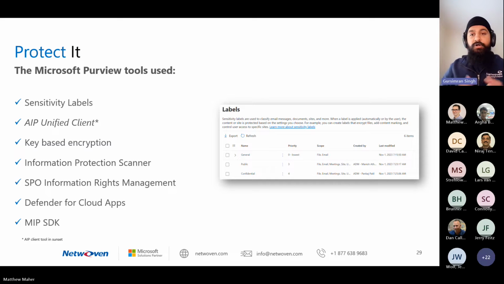The next step is to protect all of the data that we've classified. Depending on the level of classification that we have applied, some data may need to be encrypted, some data does not need to be encrypted. So using tools like sensitivity labels, we can choose what level of protection we want to apply. Do we want to have internal only protection? Do we want to allow external users to be able to access content? And these labels can be applied using different tools like Office on the web, Office desktop applications, the unified labeling clients, and even the MIP SDK for custom applications that could be built using that SDK.